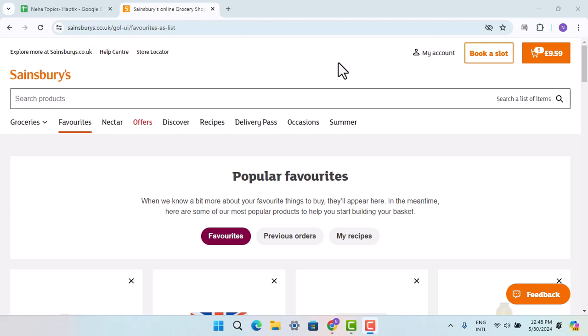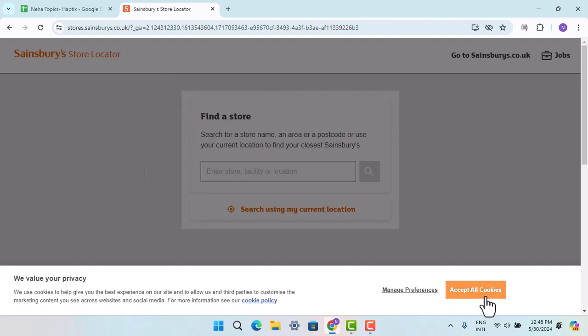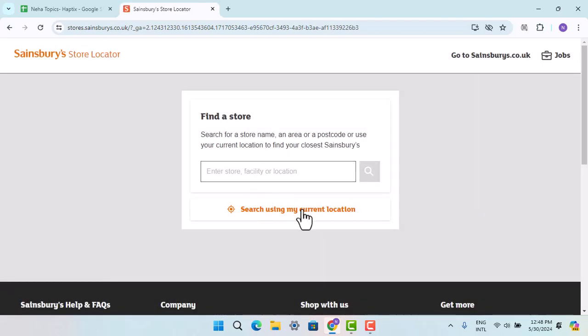And to locate the store or a nearby store, you have to go ahead and click on store locator from the top left hand side corner. When you do that, you have to go ahead and press on accept all cookies. Right on this page, you could go ahead and tap on search using my current location, or you could manually enter the location, just type in the location where you want to find it and enter the location. When you've entered the information correctly, click the search bar tool and then you should be able to locate